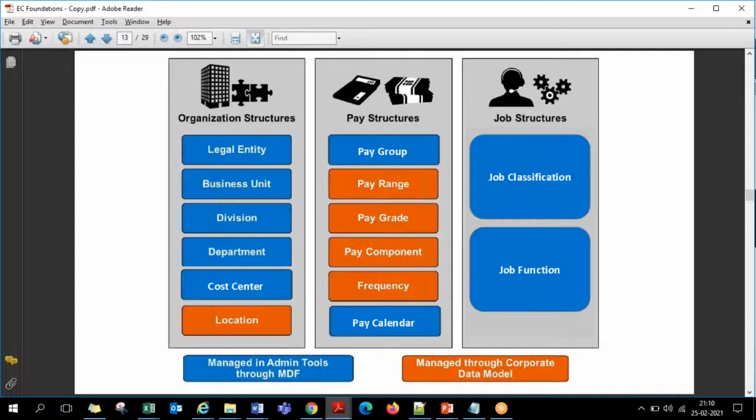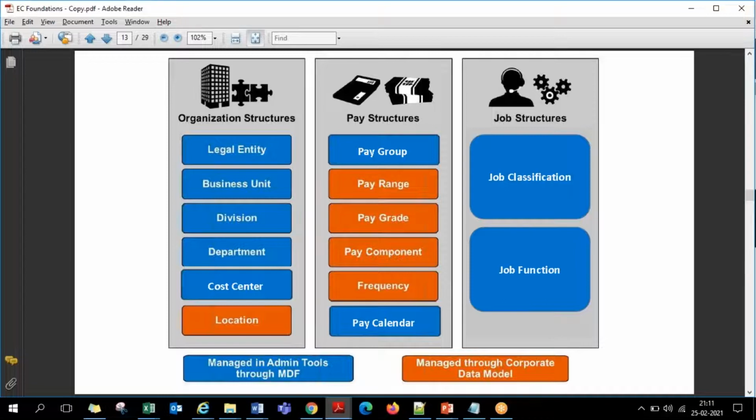To establish the organizational structures and payment structures digitally, these objects help us. That might be the list of locations of the company, list of departments, list of group companies. If it's a multinational organization with multiple group companies, like Coca-Cola India, Coca-Cola US, Coca-Cola Australia, the multiple companies are nothing but the legal entities here. Everything is digitally created in the system, and we establish a relationship between each and every layer to create that organizational structure, the way we saw in our previous sessions with the Reliance organization structure as an example.